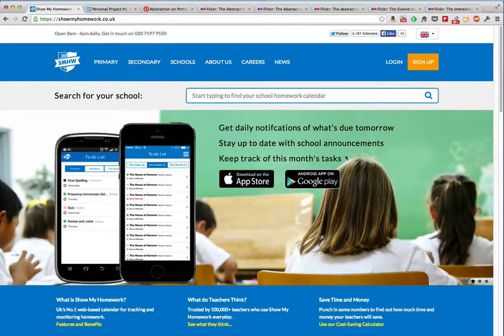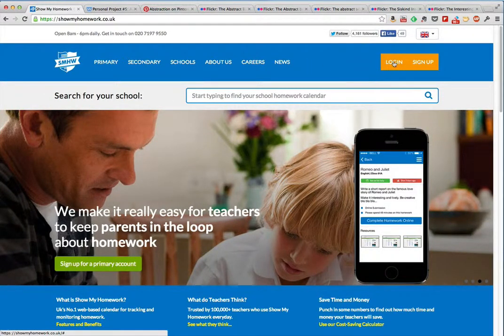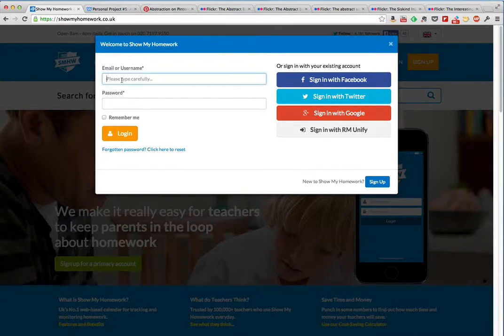Okay, let's have a look at Show My Homework. Let's see how to log in, how to reset your password if you have lost it, forgotten it, or haven't received it, and how to set your first homework. So we're on showmyhomework.co.uk. We're going to click on the login icon, and we're going to log in with our